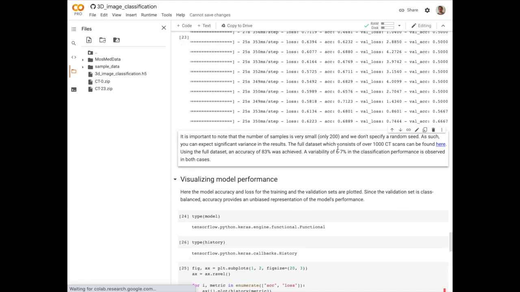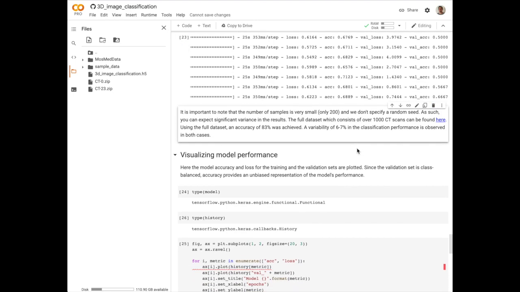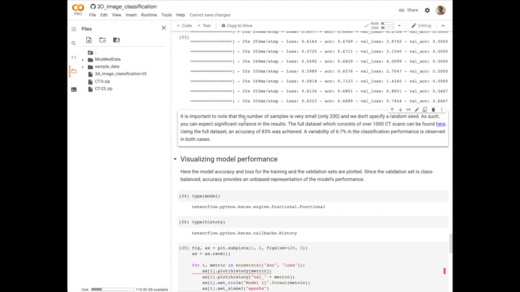So the author of the code notes that we only have 200 samples. The full data set of over 1,000 CT scans can be found with this link. When they train it with 100 epochs, they achieve 83% accuracy. Here we've achieved about 67% using only 20,